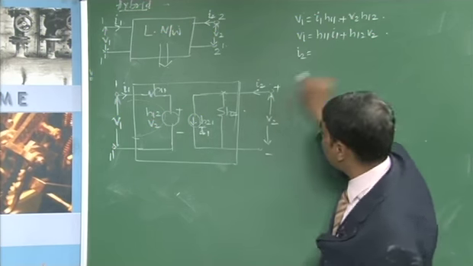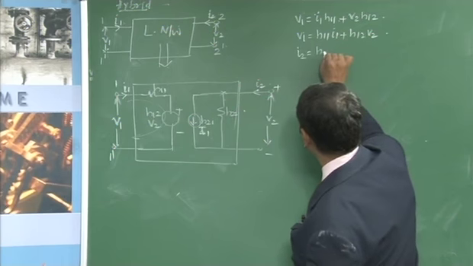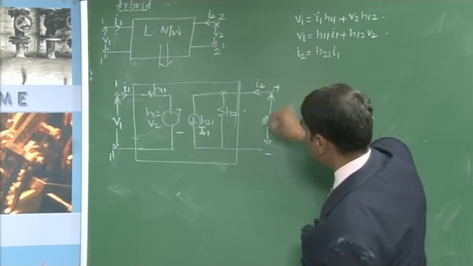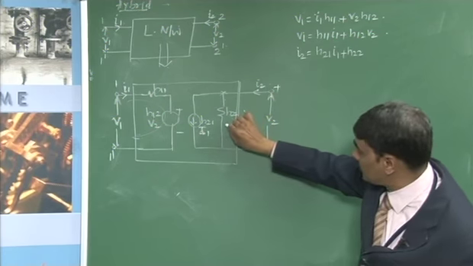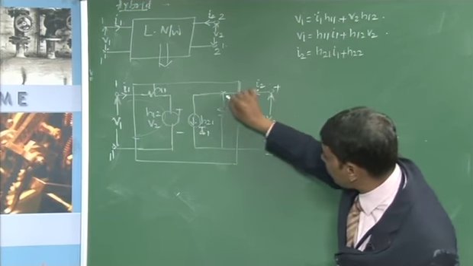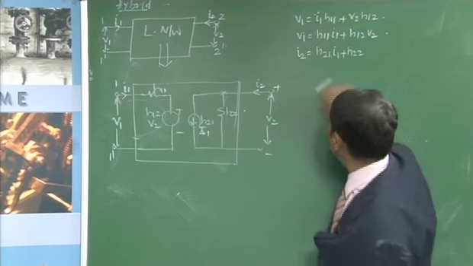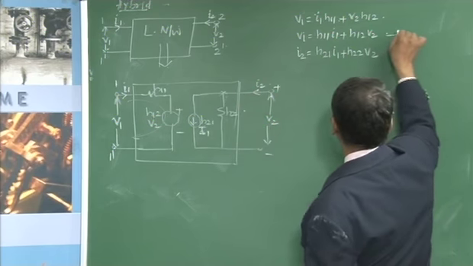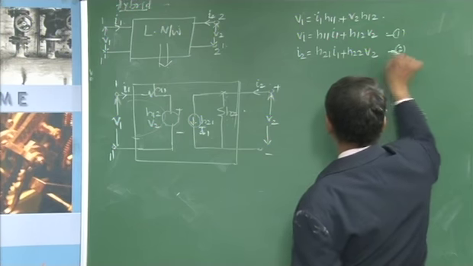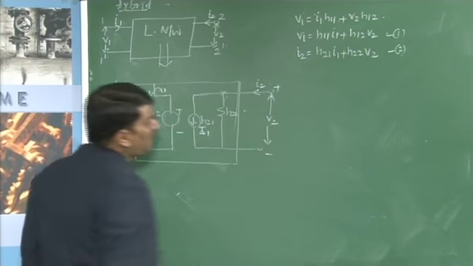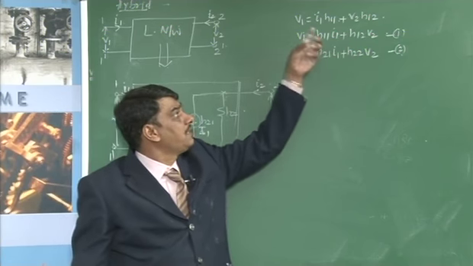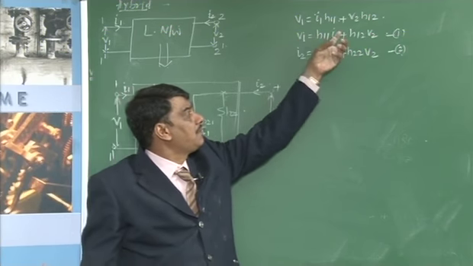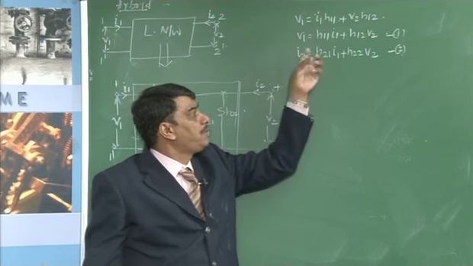H21 I1 plus H22 into V2, because this is a conductance H22, so the current flowing through this is nothing but H22 into V2. This equation is 1, this equation is 2. To determine H11, H12, H21, H22 in terms of V1, I1, V2, I2,